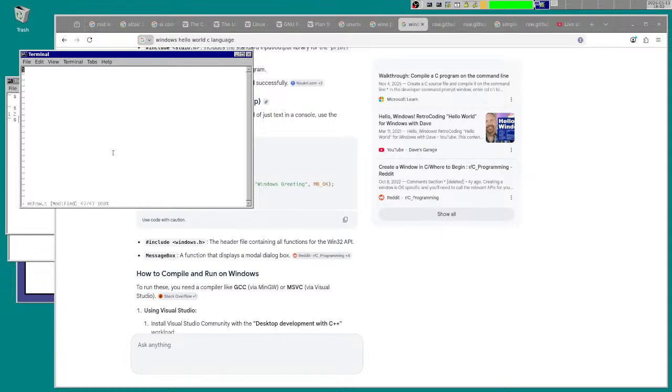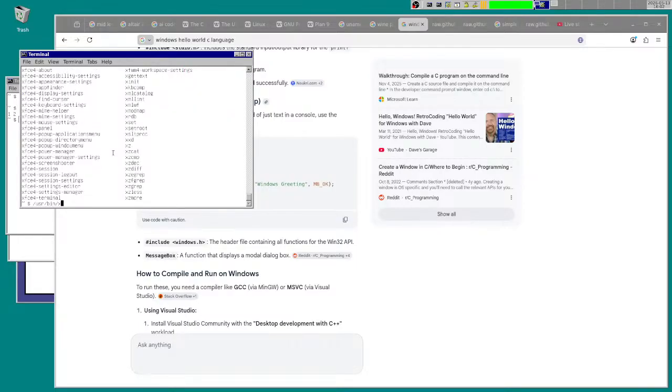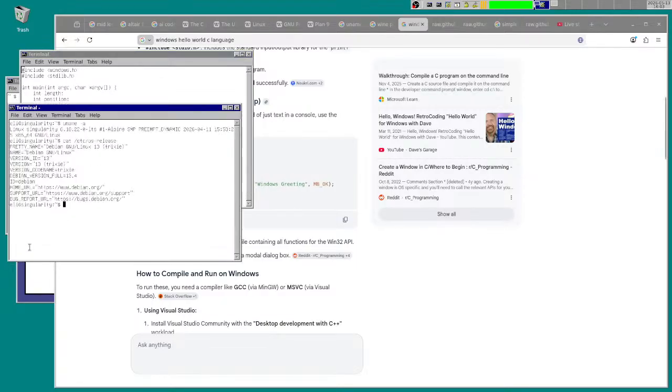So let's see. I wonder if this will work. Okay, wait a second. I just typed that all over here, but that's on the other OS.